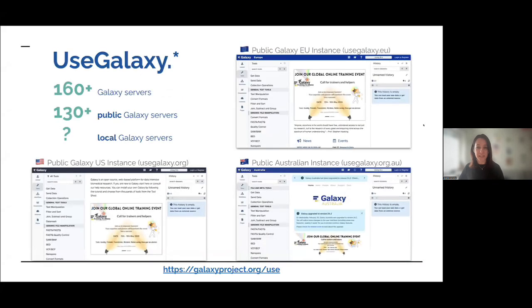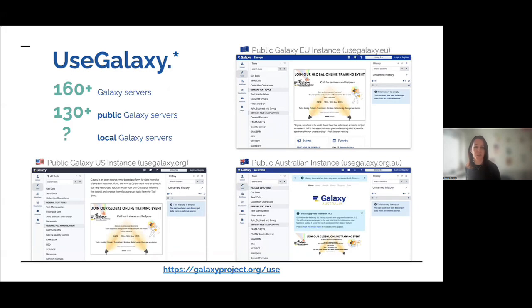Now, this is the information about the project that is, by the way, now 20 years old, and there are different servers. So that's how you can really use it. And these Galaxy servers are distributed across the globe. There are more than 160 that we know of, but it's a bit hard to track because, for example, the local installations are very difficult to know. There are some that are in institutes, there are in companies and so on. You will find the list of the ones that are tracked, at least, at this URL that you see at the bottom of the slide.